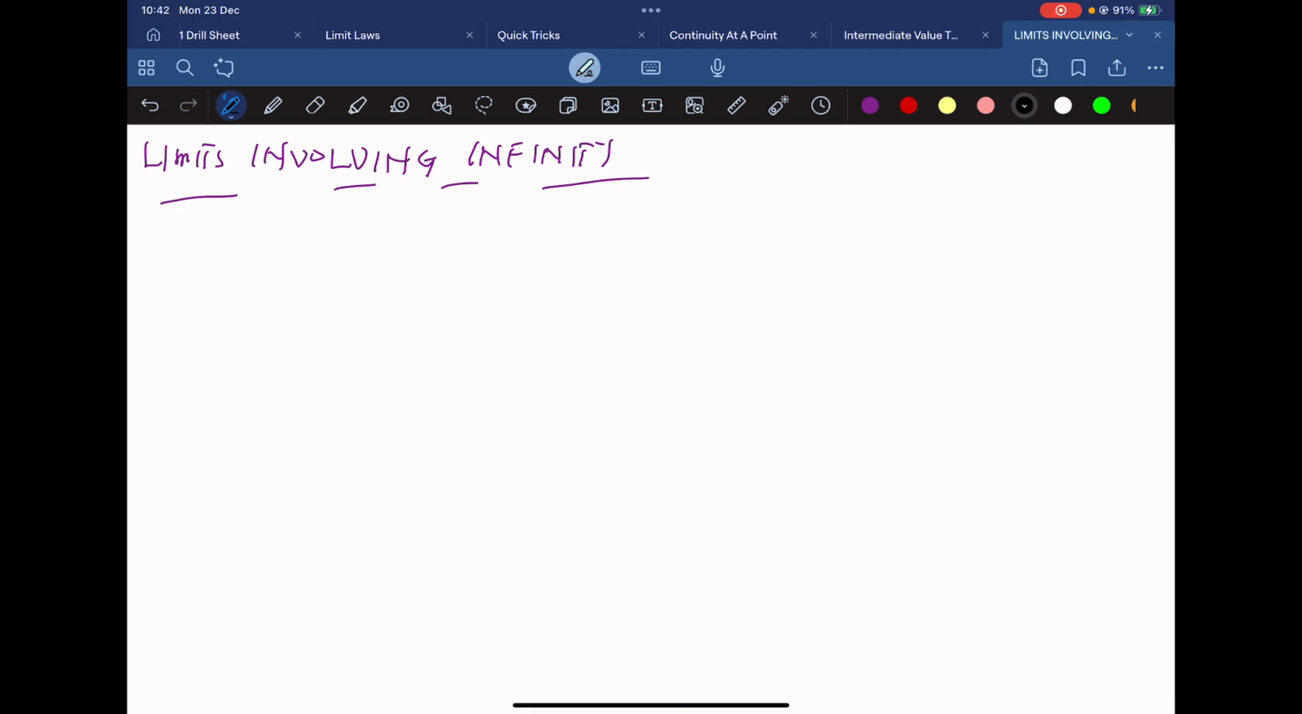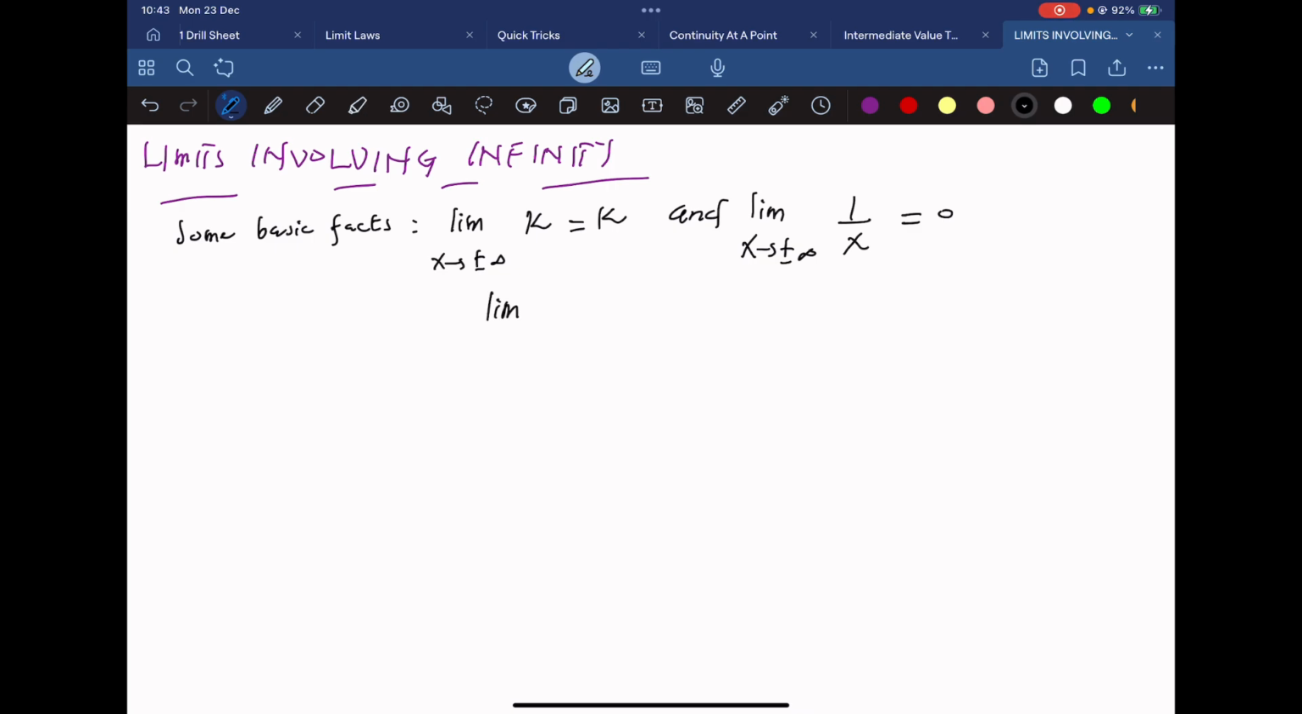So before we do that, let's notice some basic facts. Whenever you have the limit as x approaches plus or minus infinity of a constant, this is always equal to the constant. And when you have the limit as x approaches plus or minus infinity of 1 over x, this is equal to 0. So an example is if you have the limit as x approaches infinity of 9, this is always equal